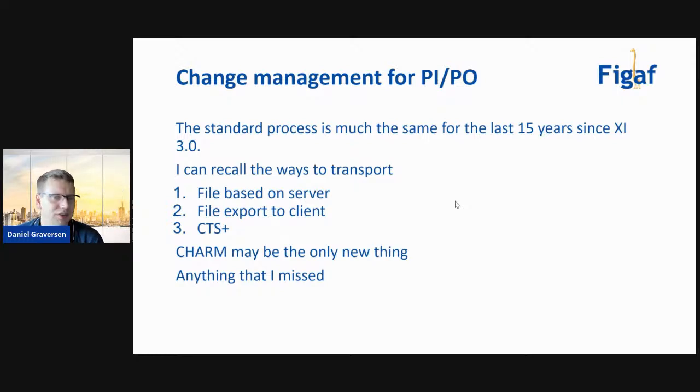Active Control, all these other tools, they are still using CTS Plus, the file export, and so JAM, obviously, all these things. And it's just a layer that, as I assume it, will enable you to synchronize the CTS deployment a little better, but you will still need to go into